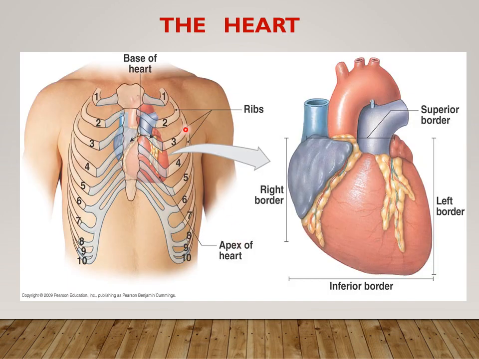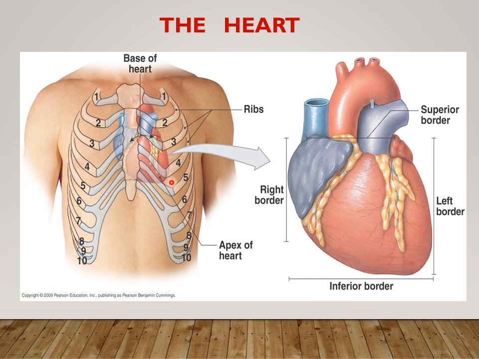The next very important pumping organ, which is located in the chest cavity, is a muscular organ. It helps to pump the blood out towards the whole of the body organs. This is known as the heart. As you can easily see, its location is in the thoracic cavity, and it lies more towards the